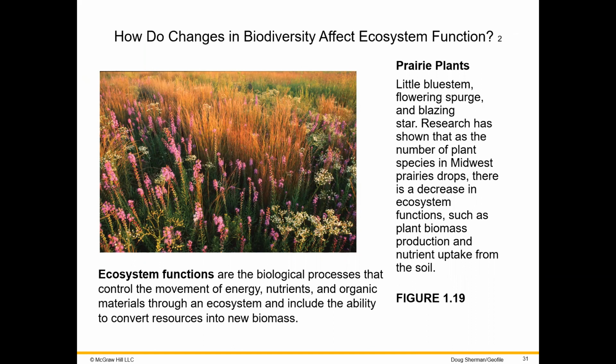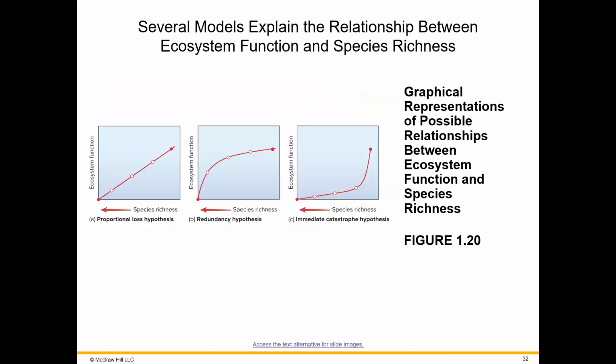Research has shown that as the number of plant species in the Midwest drops, there is a decrease in ecosystem functions such as plant biomass production and nutrient uptake from the soil. Several models explain the relationship between ecosystem function and species richness. Here you have 3 different hypotheses. The proportional loss hypothesis is a straight line relationship between ecosystem function and species richness. As the number of species decreases,